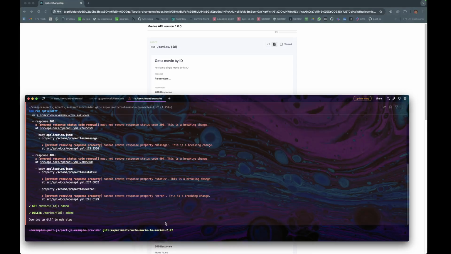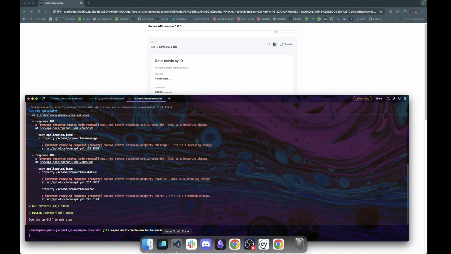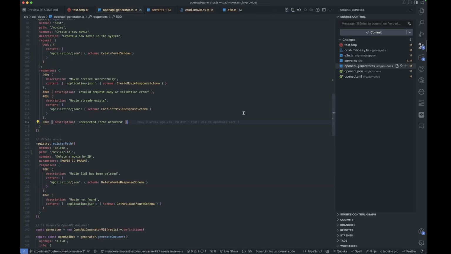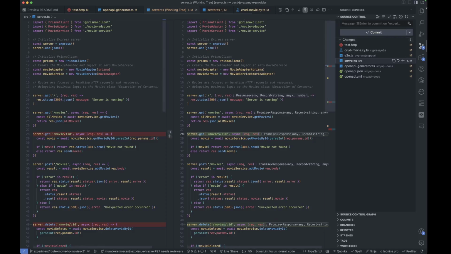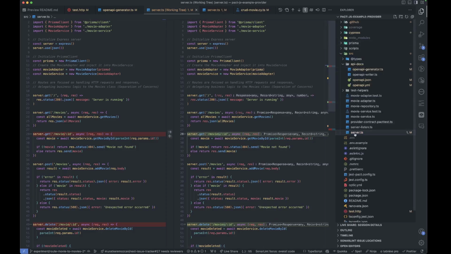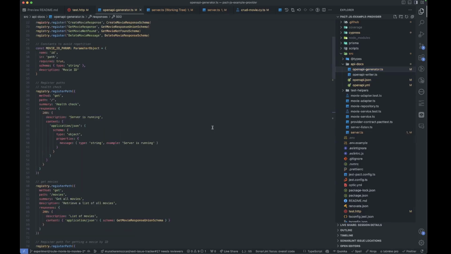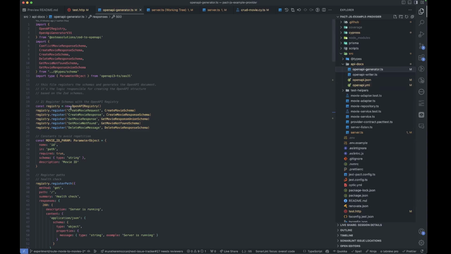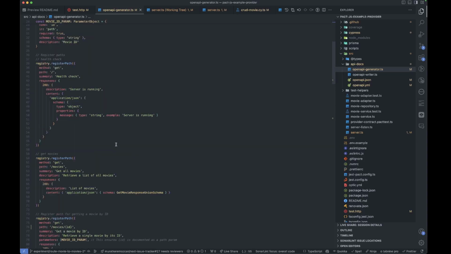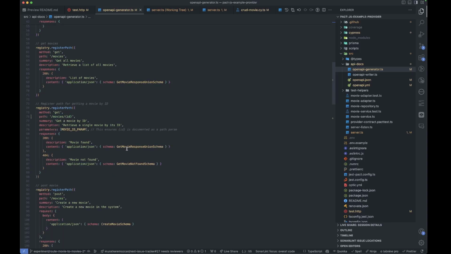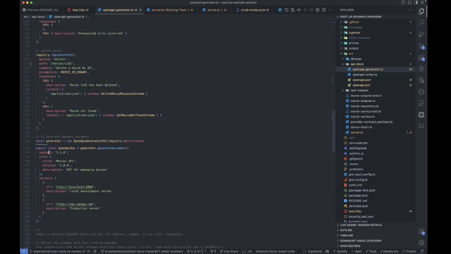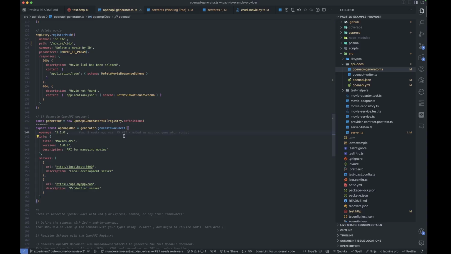So what we have to do is, when you have breaking changes in your OpenAPI schema, not only do you have to communicate with people, hey, this breaking change is coming, but also you have to update the semantic version of your OpenAPI schema. That one is right here in this file, the OpenAPI generator. This is a whole tool that comes with Zod-to-OpenAPI. It basically builds your OpenAPI spec. The part about the version is all the way in the bottom, right? It gives you the OpenAPI version, title, all that. So we have to change it, right?